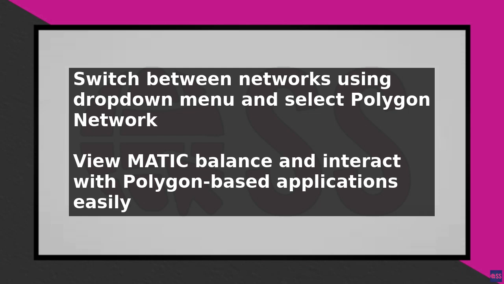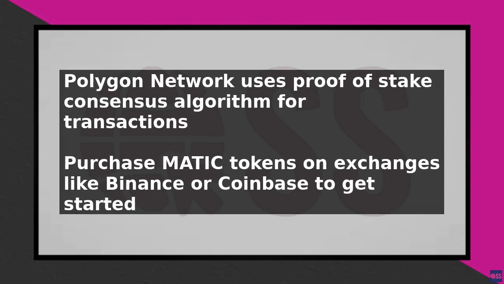To get started with the Polygon network, you will need to have some Matic tokens in your Metamask wallet. You can purchase Matic on various cryptocurrency exchanges, such as Binance or Coinbase, and then transfer them to your Metamask